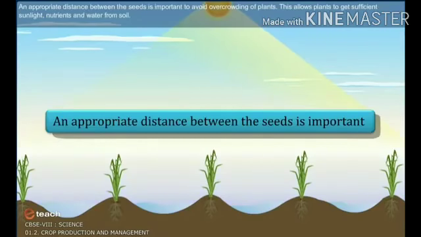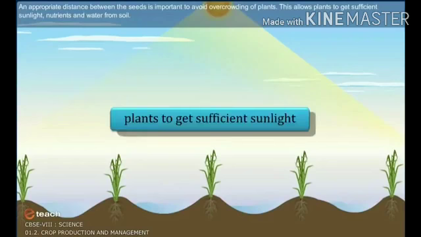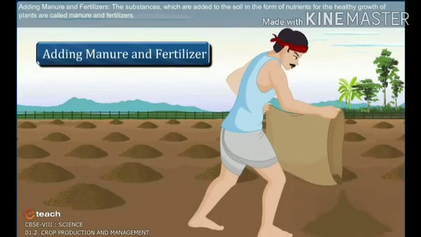An appropriate distance between the seeds is important to avoid overcrowding of plants. This allows plants to get sufficient sunlight, nutrients and water from the soil. Adding manure and fertilizers. The substances which are added to the soil in the form of nutrients for the healthy growth of plants are